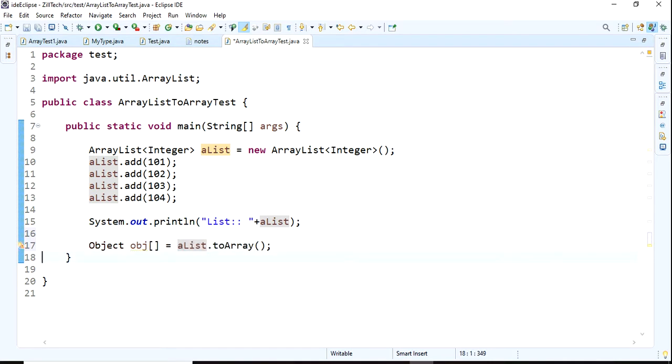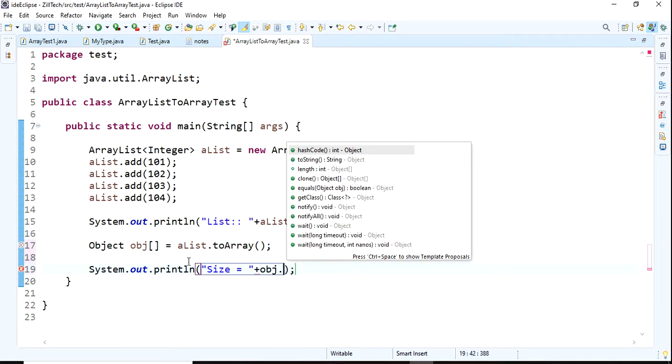Now let me confirm, you can see the size.